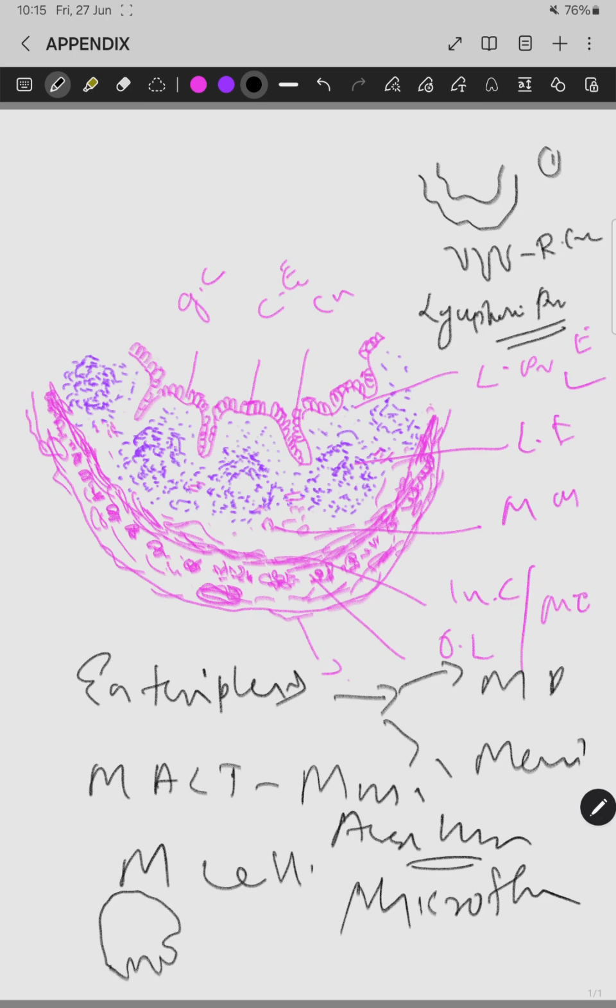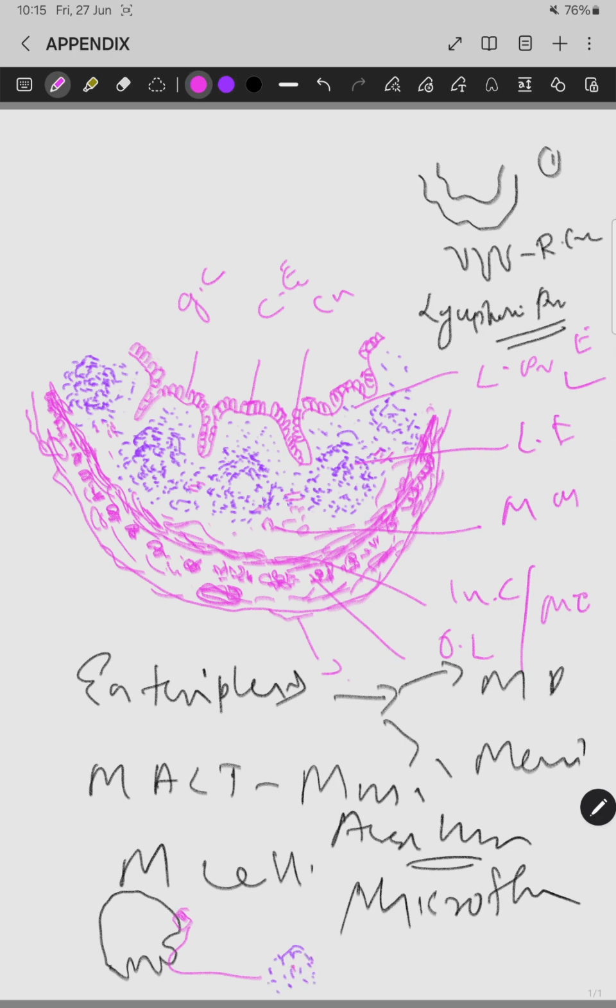So laterally and basally these cells are folding, and these cells have the capacity to catch the antigens, whatever it may be, a bacteria or anything else. They can catch the antigen and they can transport it to where, the underlying lymphoid follicle. So they can present this antigen towards the lymphocytes.